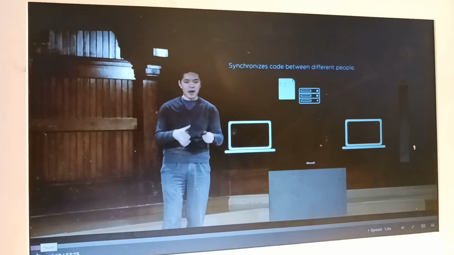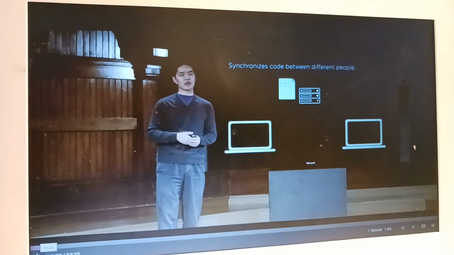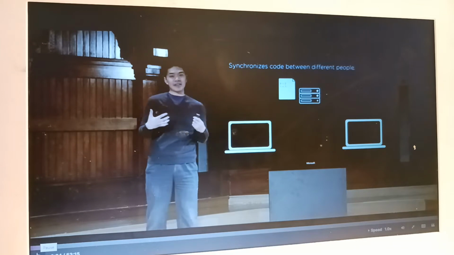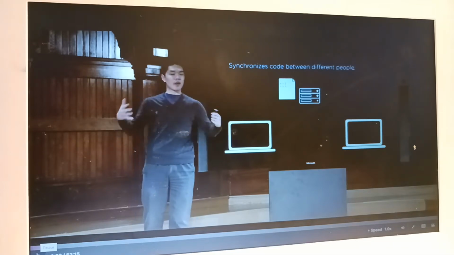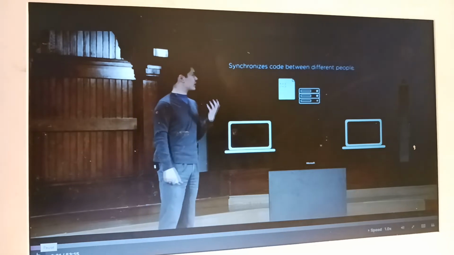If I make a change on my part of the web application, I want to make sure that my colleagues are also able to see those changes and get access to the latest changes that I've made. And then I want to be able to get access to the latest changes that the people I'm working with have made too. So we need some way to keep everything in sync,